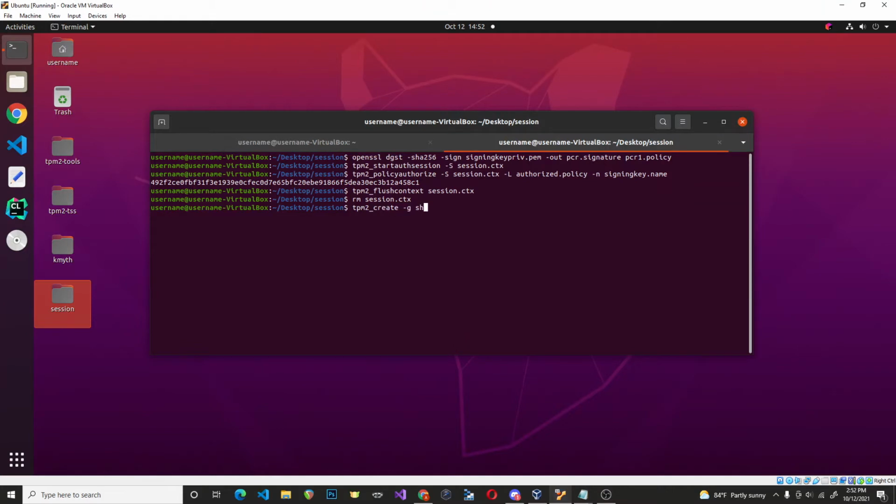tpm2 create, SHA-256, and then the parent is going to be the storage root key, which I have in persistent memory already. So I refer to it with that handle. And then here we can call this storage key.pub. And then this is going to be the private version, so storage key.priv. And then the input file, which is called secret. And then the output is going to be called